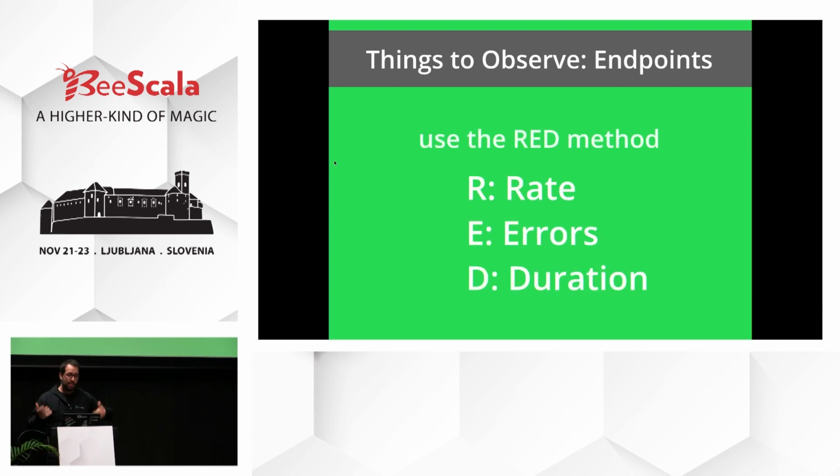For each one of these endpoints, if you want to keep it simple, you could get a lot of information from that, but there's this thing called the RED method. It's just trying to keep the rate at which invocations are happening, the number of errors that are happening, and the duration of those requests that go to this external service. Just keep these three signals out of every endpoint on your app and everything that you connect to. Just keep that, and that will help you a ton later on when you need to start figuring out what is happening with your app.